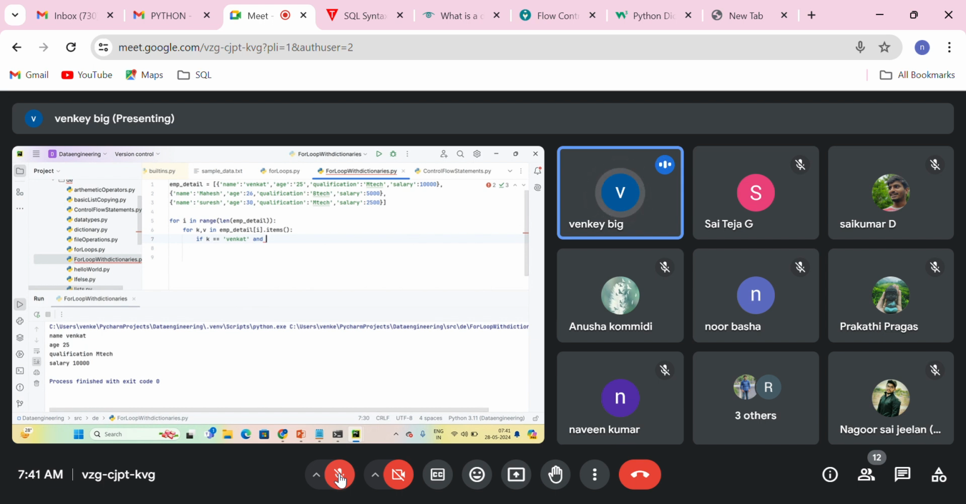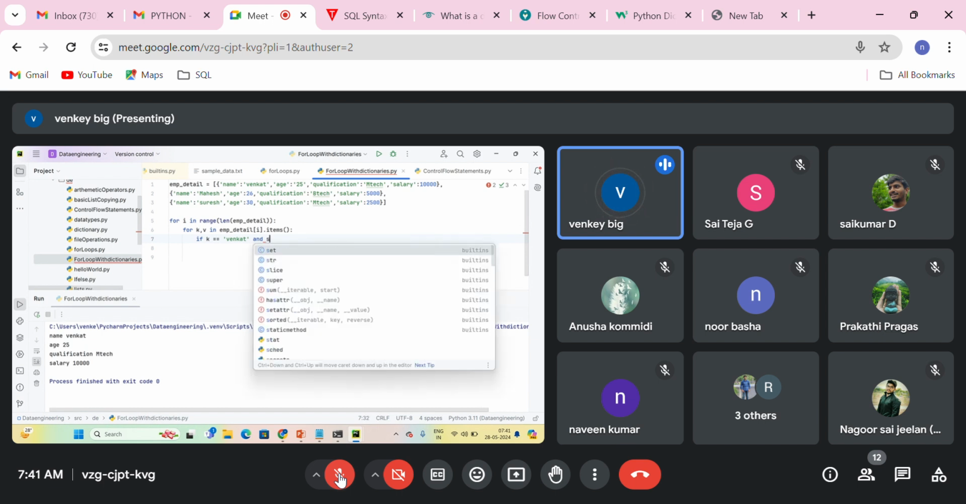Or means what? If any one of the conditions is satisfied, or will be true. And is what? For and, both conditions should be satisfied. So here, if you see, I'm giving two conditions in the if. So if k equals Venkat and salary or value